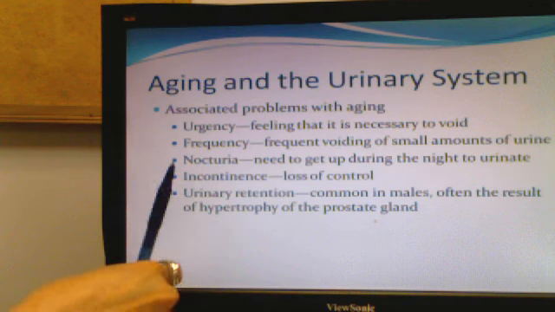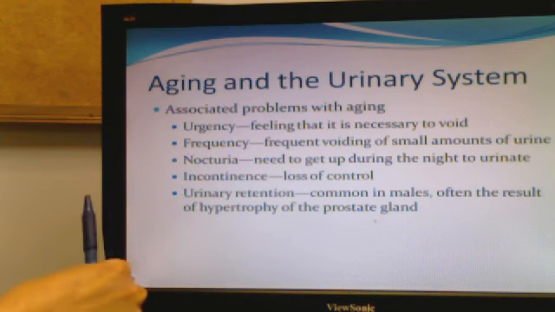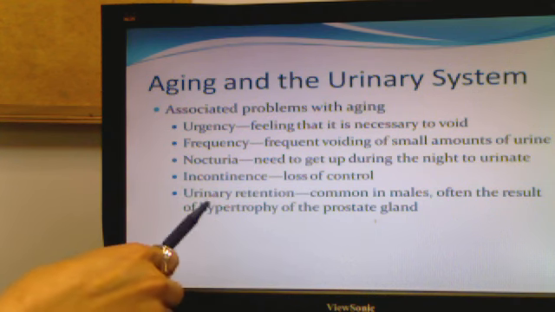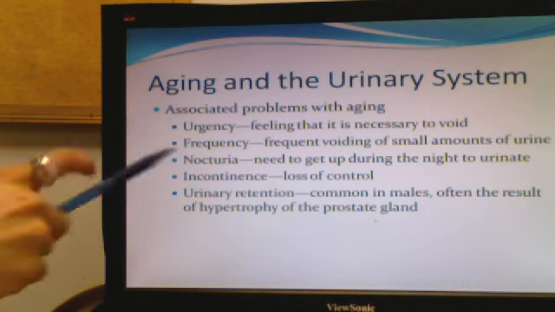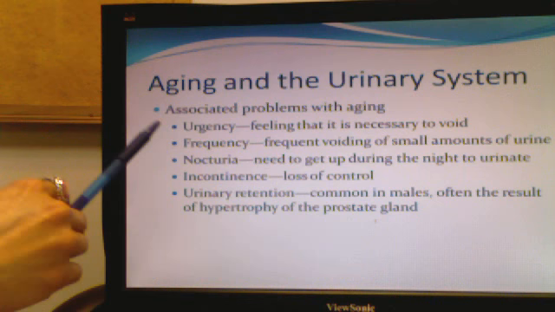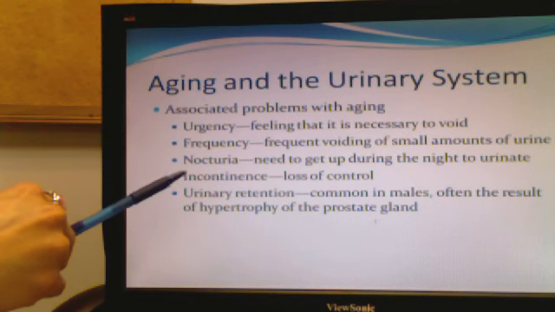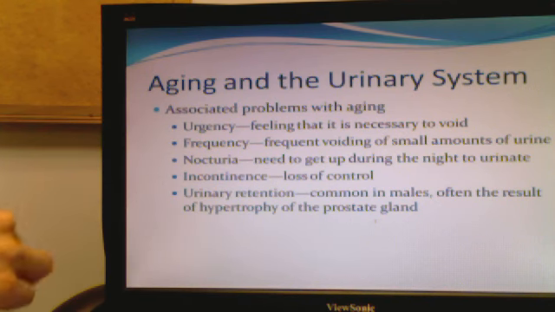So the prostate is sort of squeezing the urethra, hence they're not able to empty the urinary bladder. So these are things that we can all look forward to when we age: urgency, frequency, nocturia, incontinence, and urinary retention. Of course, on top of that, there are also other diseases of the urinary system, such as cancer and